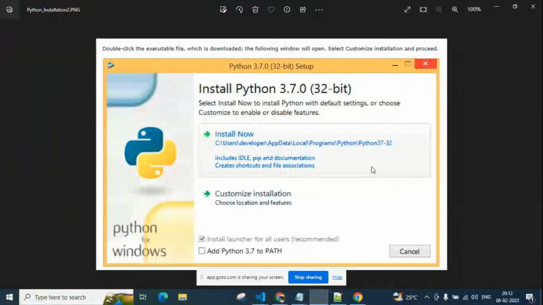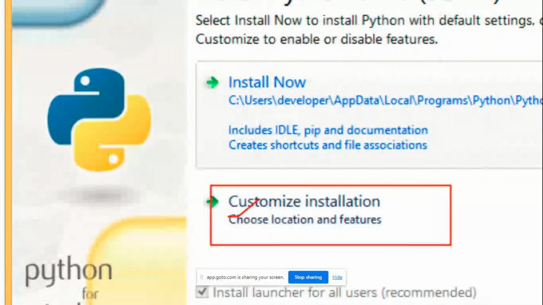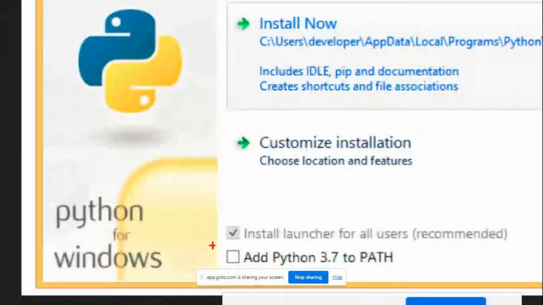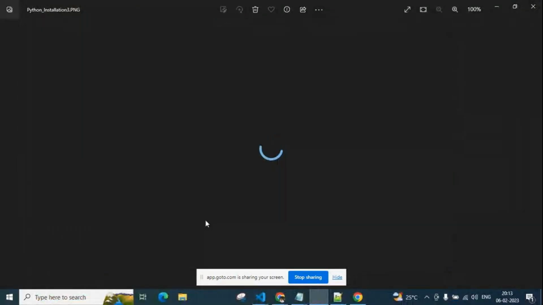Now if you want a custom location, you can choose this one also. If you choose this, some other checkboxes also need to be selected, and here there is also the add path environment variable checkbox. If you select this, the Python path is added at the time of installing. If you don't select it, we need to add it additionally.